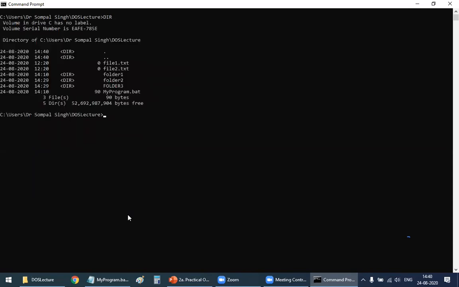Now the screen is clear. I want to know whether file 6 is there or it has been deleted. So I'll type dir for directory list. Okay, file 6 is not here. So we just have file number 1, file number 2, and then these 3 folders. So the file has been deleted.